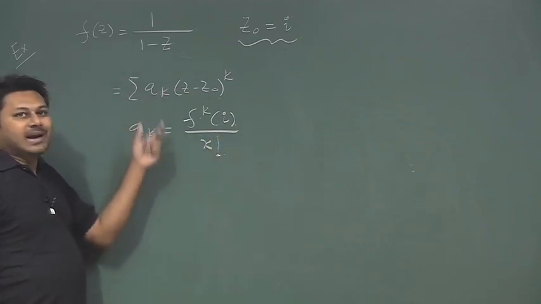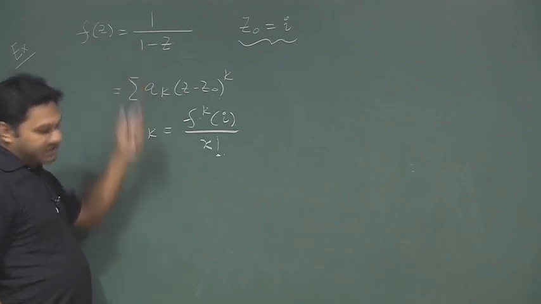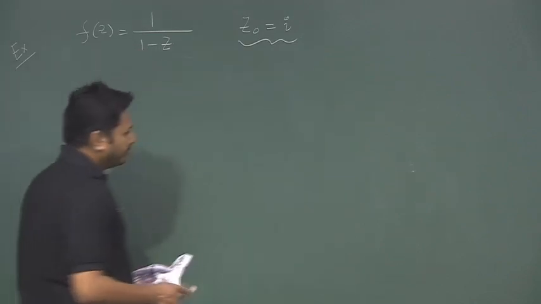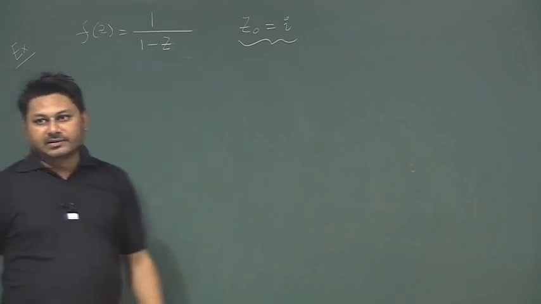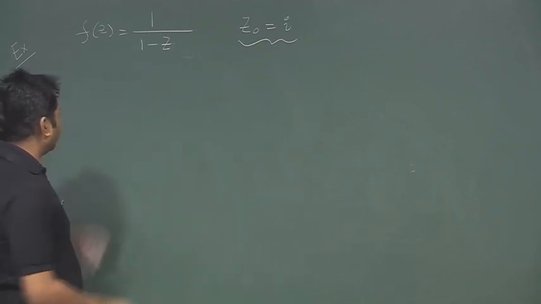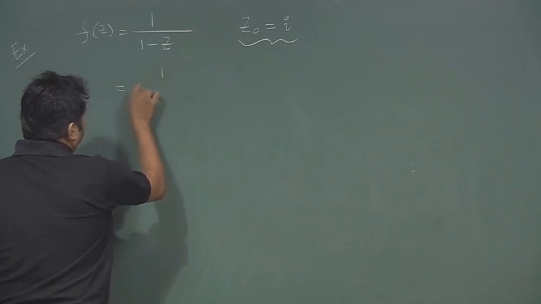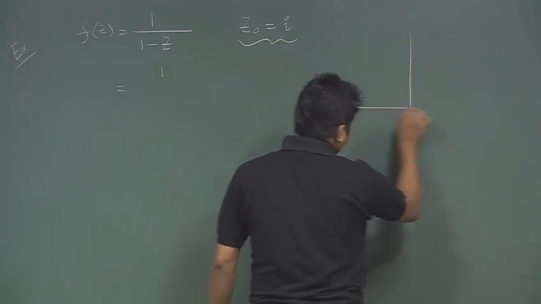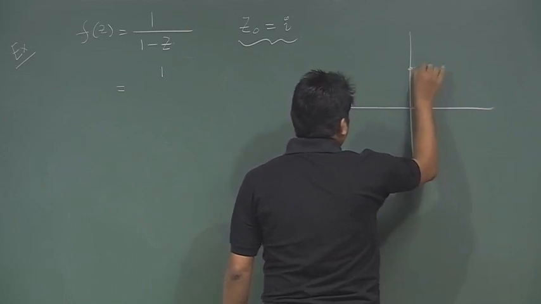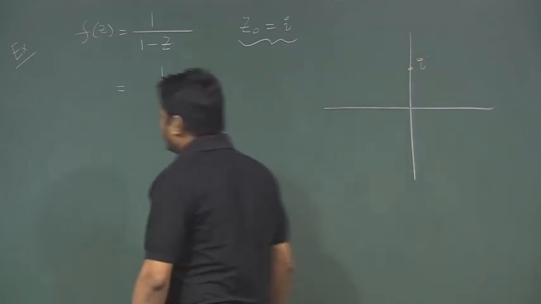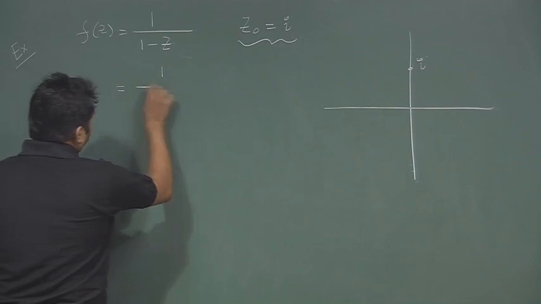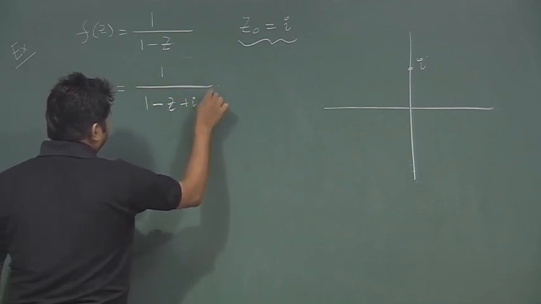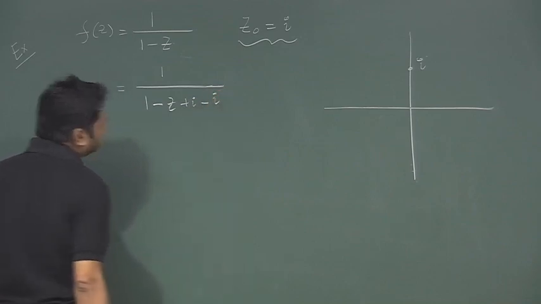So, this is the standard way to do the calculation, but apart from that you can do it in a different way also. The way I prove the Taylor series, I will use the same logic here. So, the point is somewhere here around which I need to expand my function. So, this is point i. So, f(z) is 1 minus z, I will add this i and subtract this i like this,